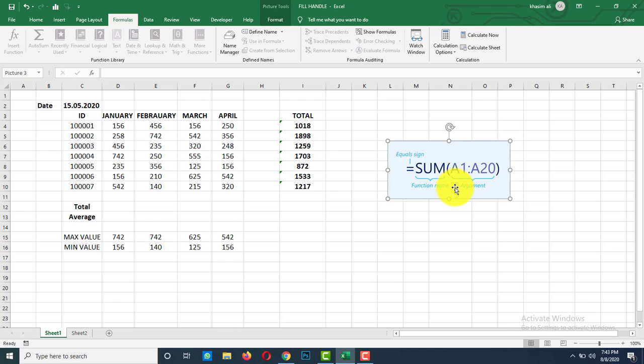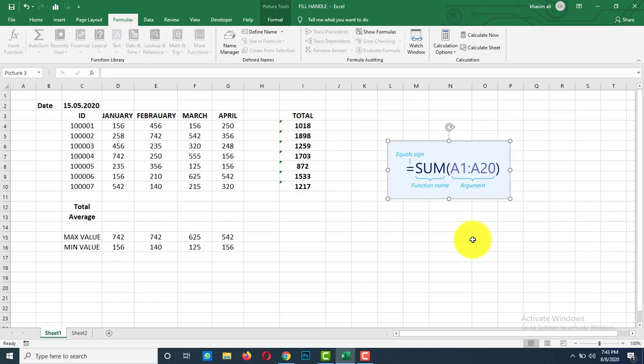This is the range of cells, and arguments contain the information you want to calculate. In this example, the sum equals SUM of A1 to A20. It means it adds the numbers within the range of A1 to A20. Arguments can refer to both individual cells and cell ranges and must be enclosed in parentheses.